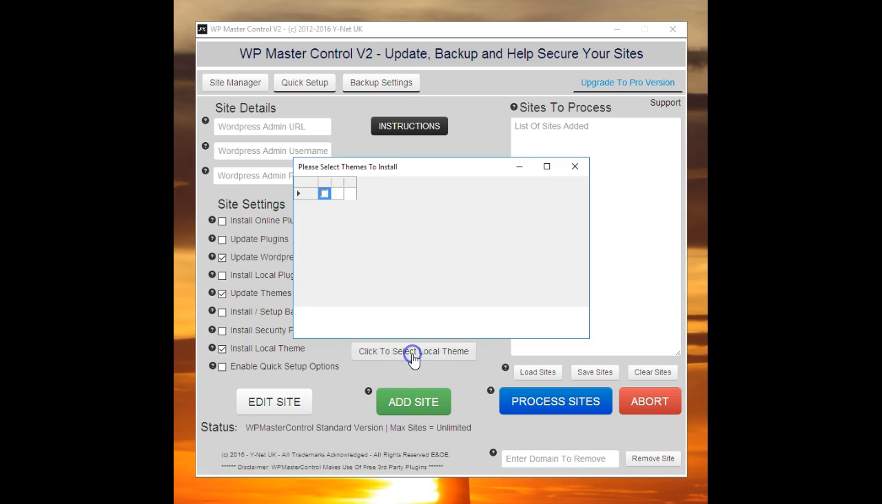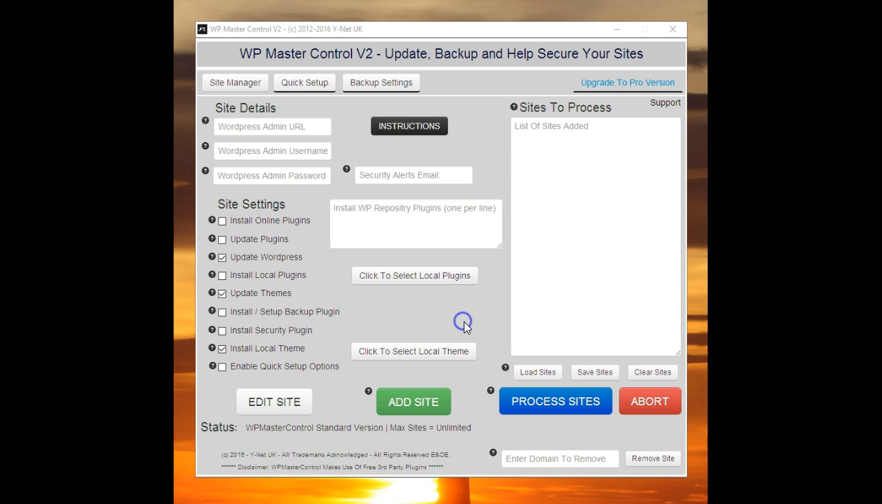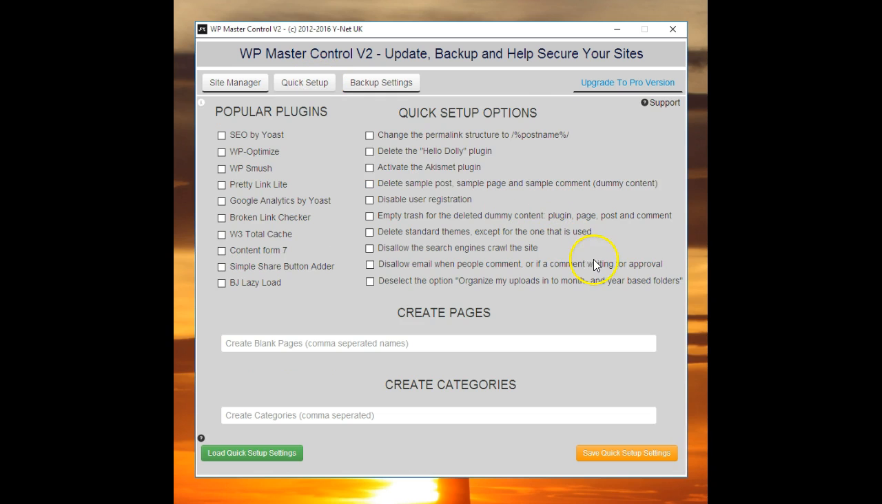So you would click it and it'd read what themes are in there, and you tick which box and then click OK. And then we've got enable quick setup options. Now quick setup options is relative to this tab here. So if we go there, now these are some common tasks that we do in WordPress, and these are some popular plugins. So you can tick any of these to install, and you can tick any of these to do